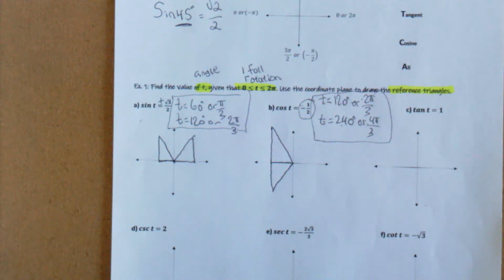Tangent of t equals 1. Okay, so remember what that means. It means that for what angle does tangent equal 1? This problem is going to be a little bit more challenging than the last two because we need to remember